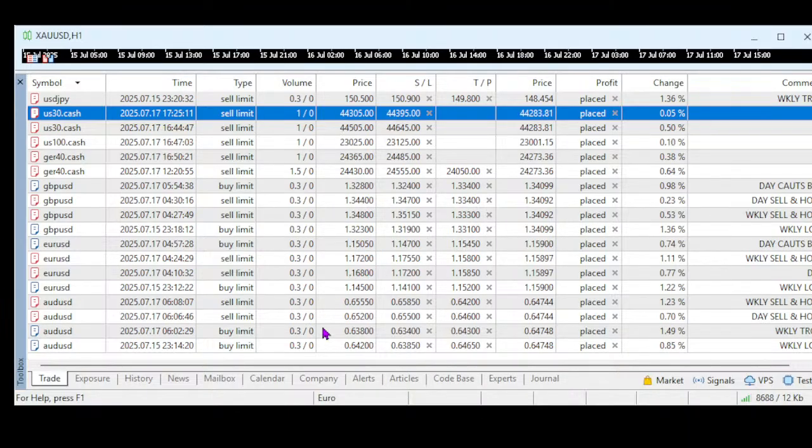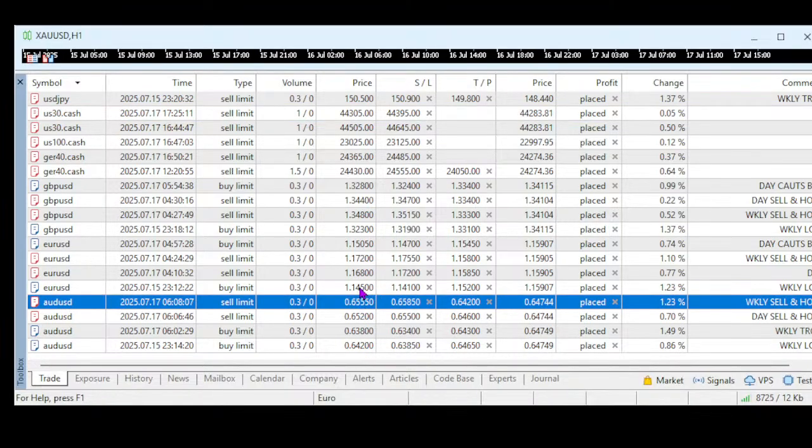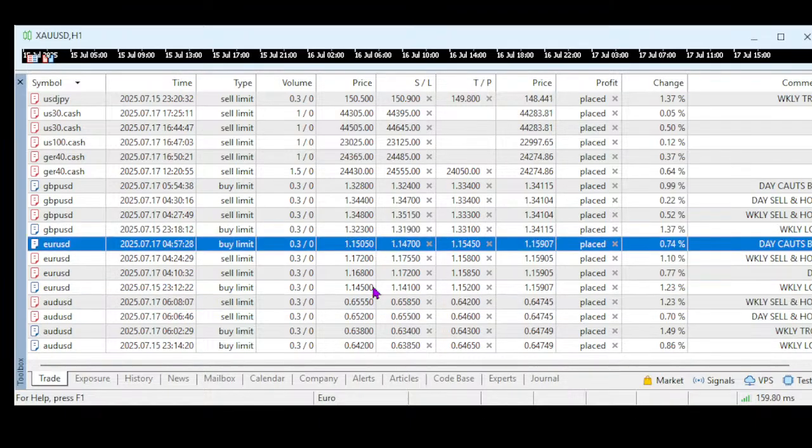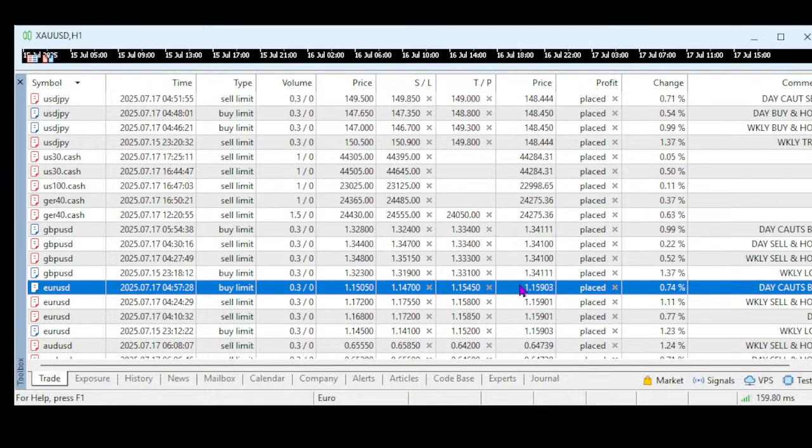I'm just going to wait for another 20 more minutes because I'm losing money, so I've got to get back my losses. Before we go there, let me see whether any orders I need to cancel for this trading. Aussie is trading at 64.75. We don't have any trade near that, so this is good to go. Euro trading at 115.90. We don't have any trade near that. Good to go.